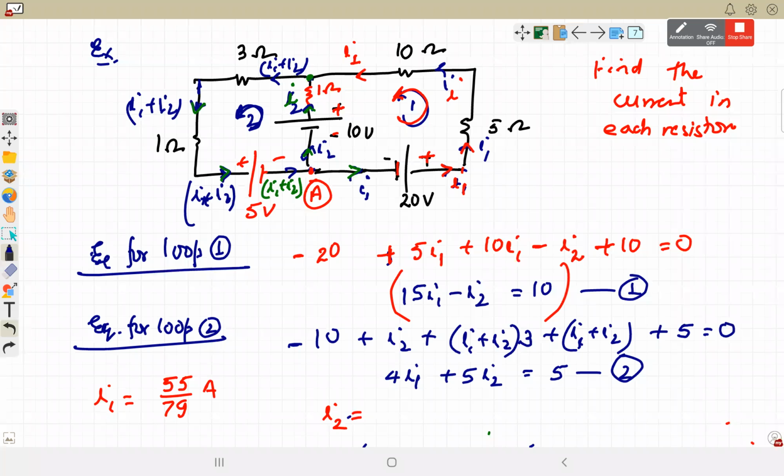अच्छी बात है, चलो वेरी गुड, ठीक है। 35/79 आ रहा है। सर, I2 35/79। इसमें 15 और इसमें 4, 75 माइनस ऑफ -4 किया गया 79, 75 और -40, 35/79 है।